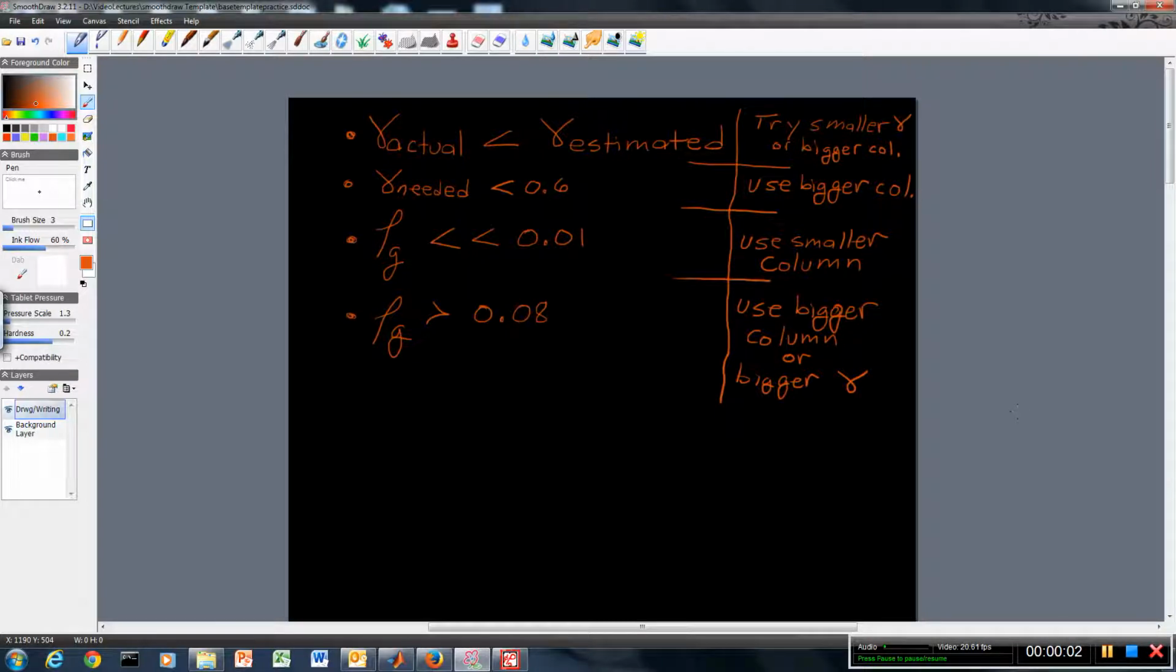In our lesson using interaction diagram charts, we learned about a particular variable called gamma. And gamma is the percentage of h, which describes the center-to-center distance of the outermost bars in a concrete column cross-section about the axis of bending. And so if we have some bars here and here on our cross-section,